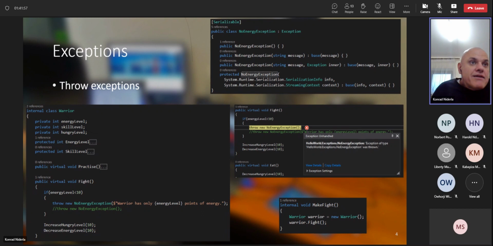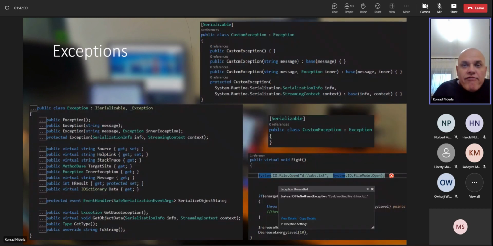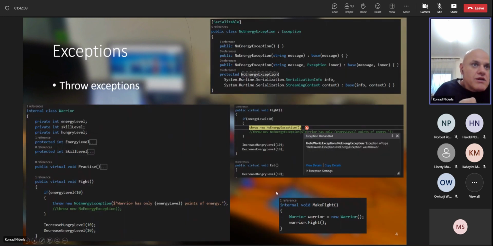It works in the same manner as in the previous example with a file. In this case, we are trying to open a file, the file doesn't exist, and an exception is thrown. In our code, some code tries to put our warrior to fight, but the level is too low. Then our code throws NoEnergyException. It's a similar situation, but of course in a different case. And how you can use it, how you can manage this kind of situation, we will talk about next